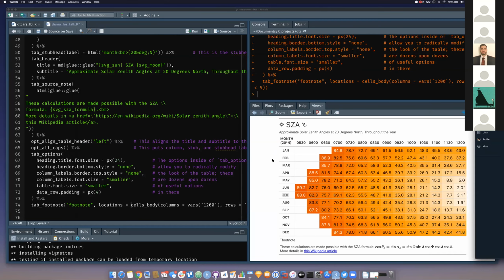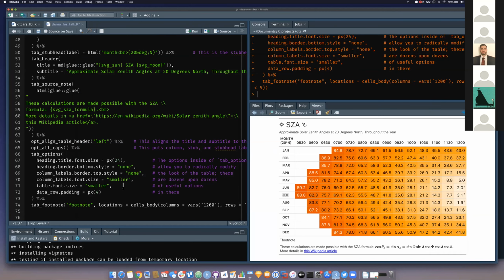Scott asked, how do you change font? I'm glad you asked that. Right now I'm working on a PR which does things like adding in Google fonts, which will be potentially super exciting because there's lots of great fonts there. But right now, you can't set a global table font. That's what that PR will address. But you can use tab style